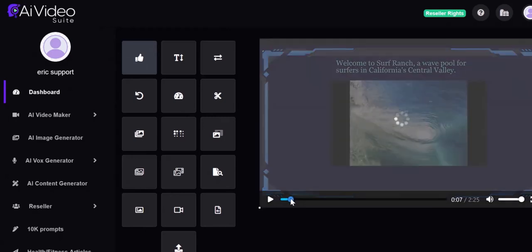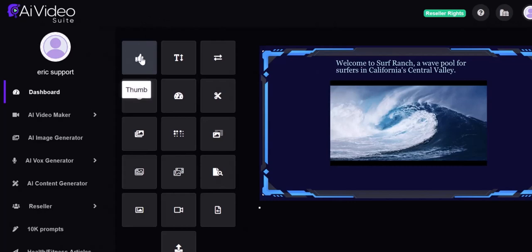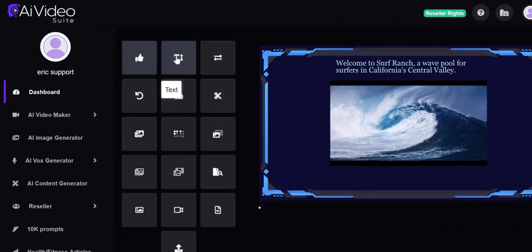There are a number of other things that we can do to make this video even better here in the editing tools. And because this demo is getting kind of long, I'm going to just give you the quick run through of what it is that you can do here in the editor. Here on this little thumb icon, you can create a custom thumbnail out of any frame. We did look at the text tool. We can actually reverse the entire video, which is an interesting option. We can rotate it, so if you were to want to change something from horizontal to vertical or vice versa,